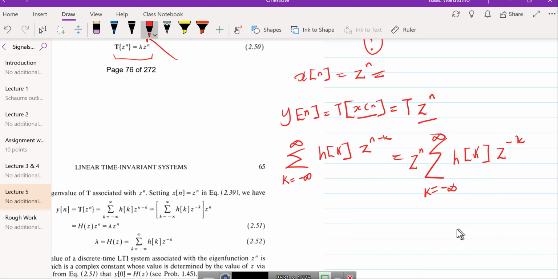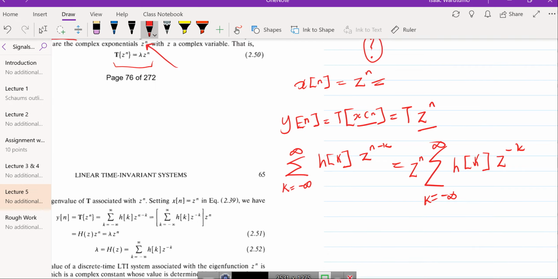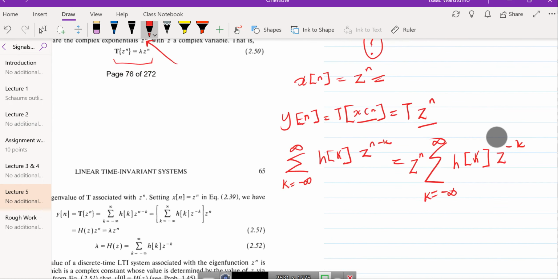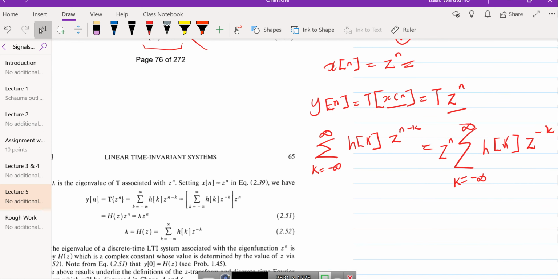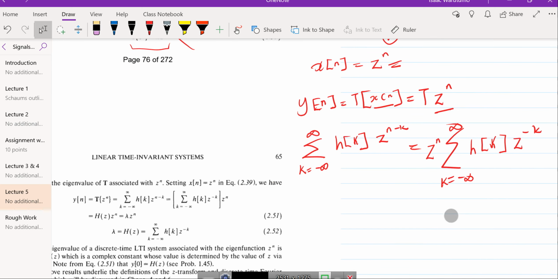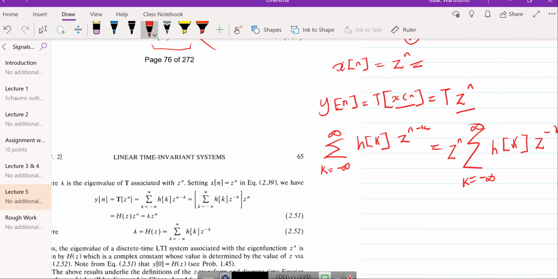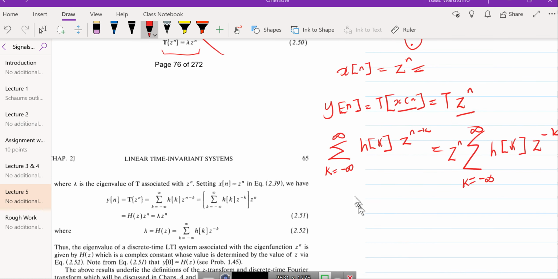And if we look at this case very keenly, what you'll observe is that this expression is in the form of our output function, y of n. If you compare this equation with this equation, you'll find that